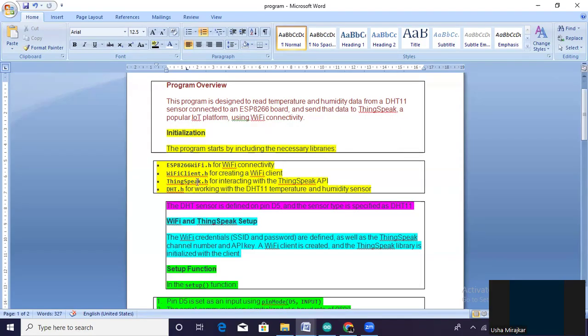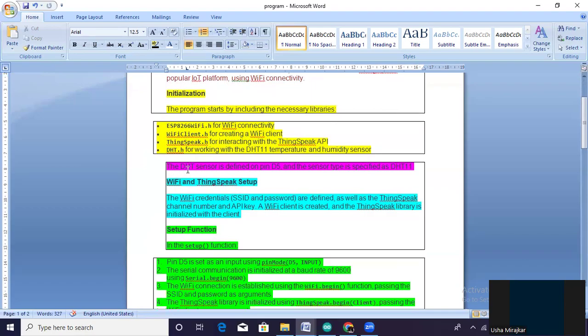Next is ThingSpeak.h for interacting with the ThingSpeak API, and DHT.h for the DHT11 temperature and humidity sensor. These are the libraries we should include. After this, the DHT sensor is connected to pin D5 of the ESP8266 board.